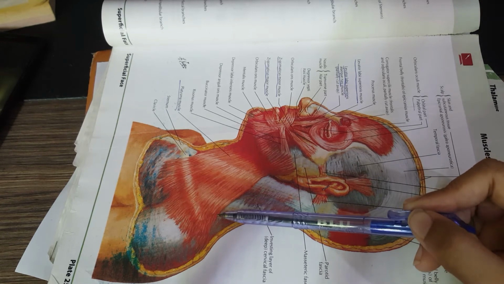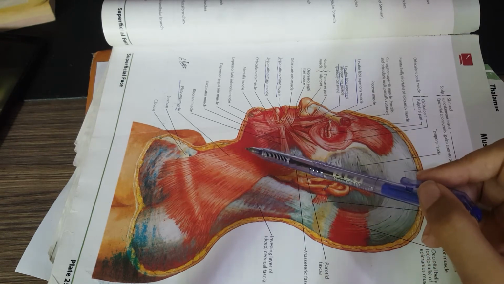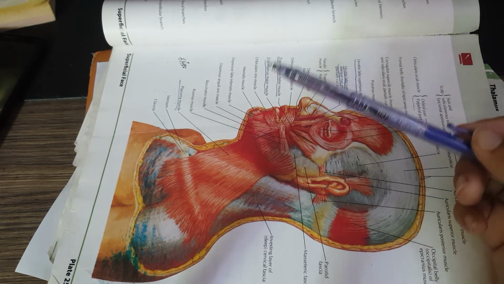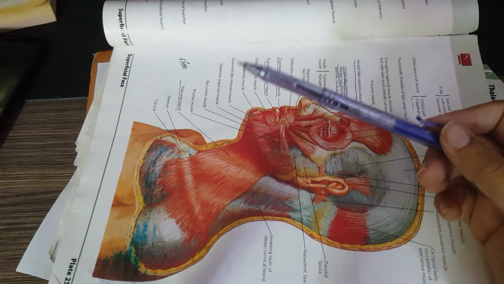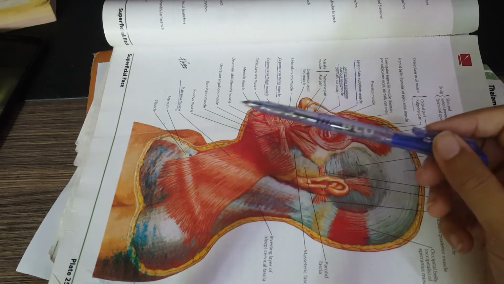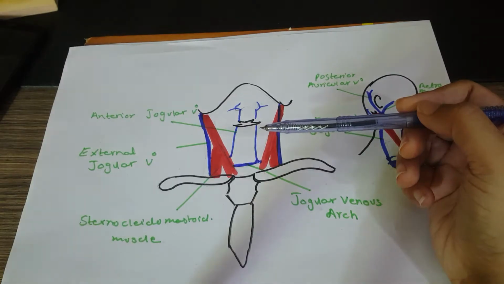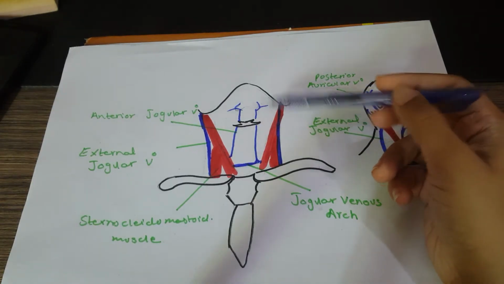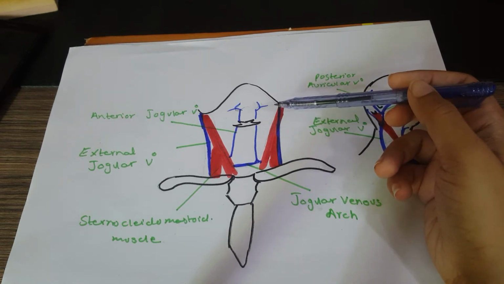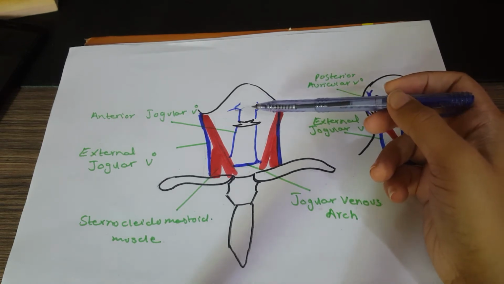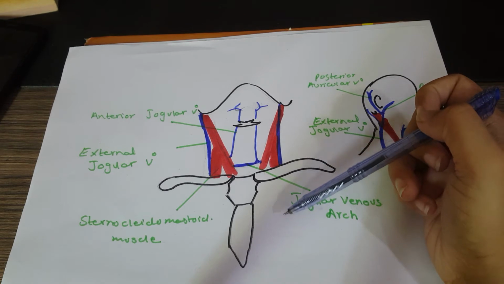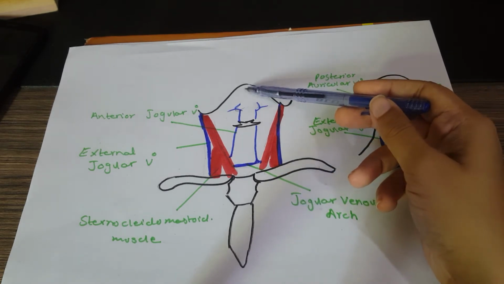The platysma muscle helps in depressing the mandible. The platysma muscle also releases pressure of the skin. So these are the functions of the platysma muscle. The superficial fascia present anteriorly in the neck also contains the anterior jugular vein. The anterior jugular vein is a vein that begins just below the chin.